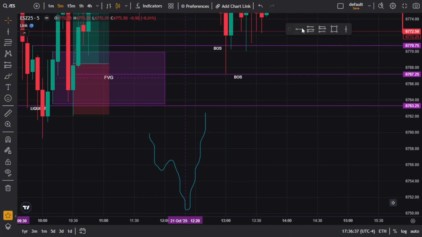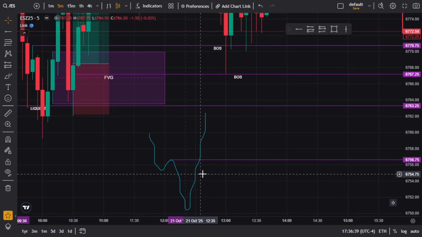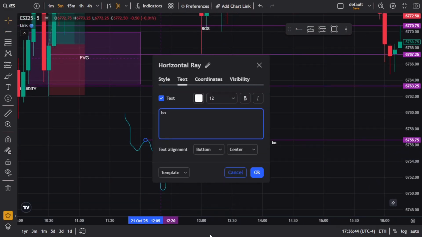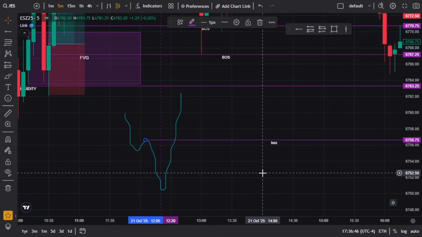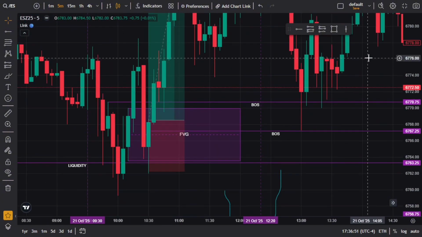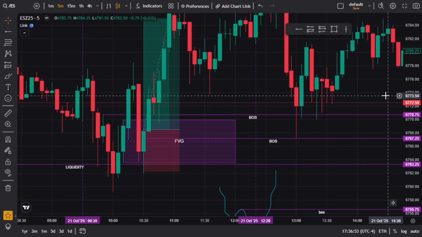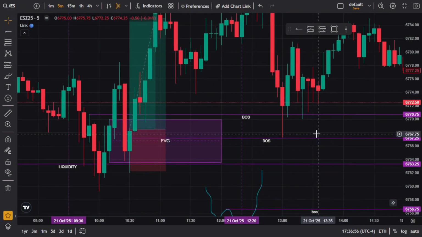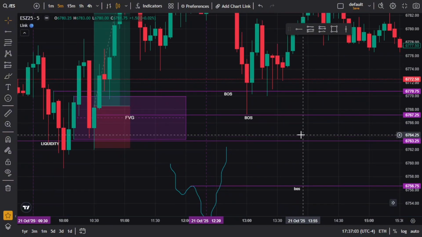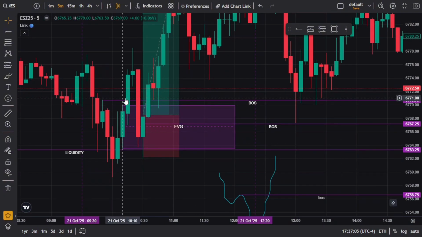So, for example, this would be our breaker structure. We're going to mark that out, and then we're going to wait, depending on what time frame. If our bias is aligned, 5 minute, meaning we're going to wait on the 5 minute time frame for this to break above this. And how do you know when the breaker structure happened? It's when a candle closure in the opposite direction closed above this.